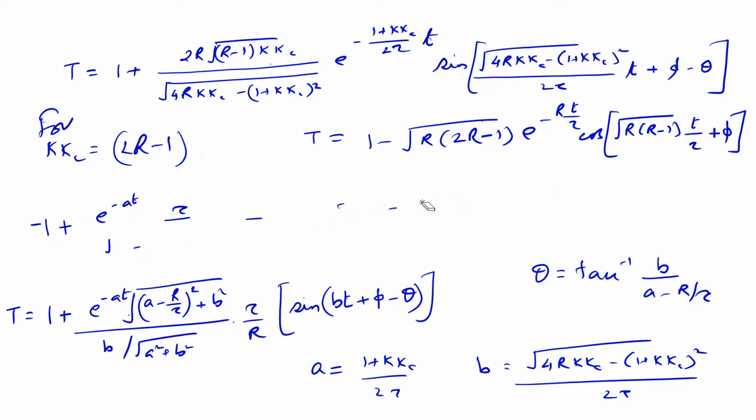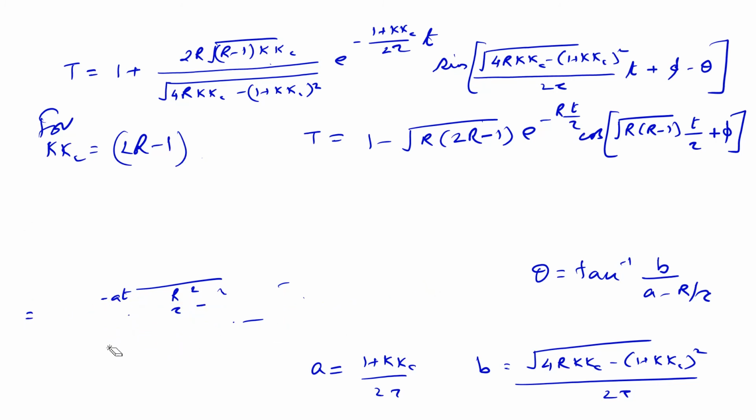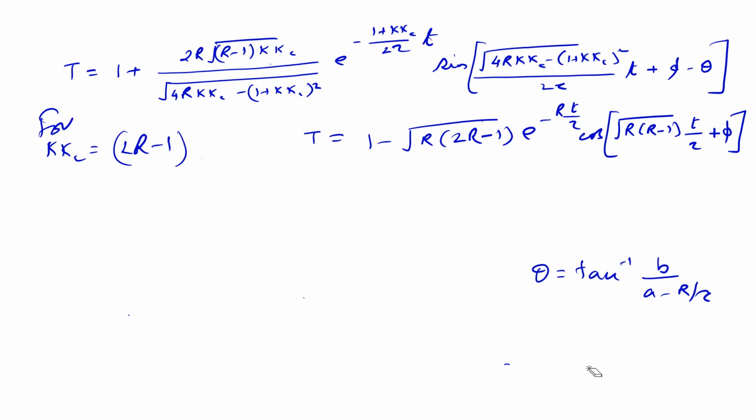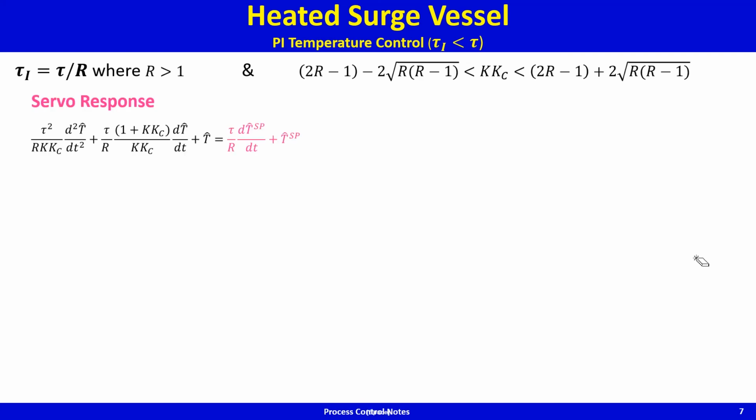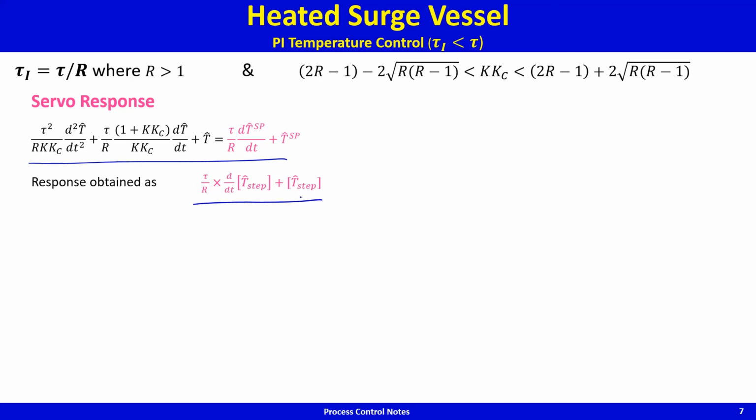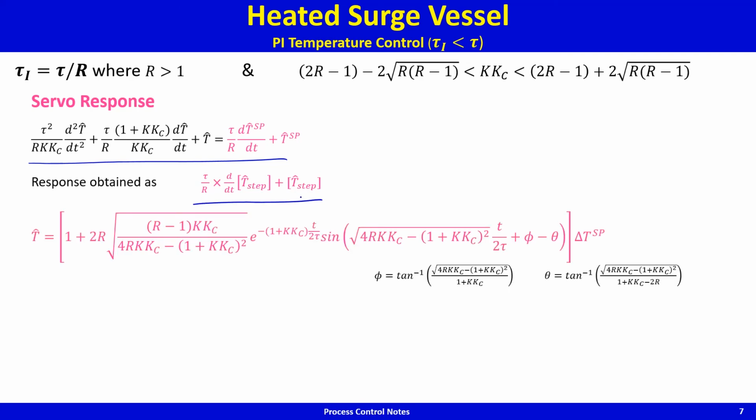And so the whole point of this exercise is to show that if you do the variation of parameters or method of constant coefficients, ordinary differential equations with constant coefficients can be solved. Okay, so that's one way of solving ordinary differential equations. So just to summarize, for the servo response, the governing equation is this. Response is obtained as, and this turns out to be,